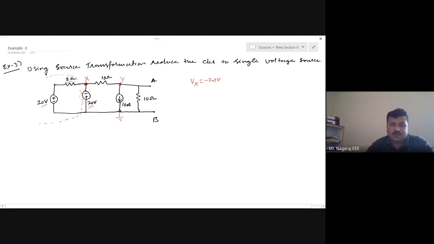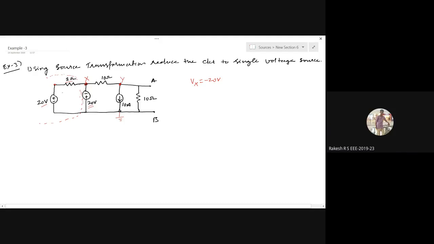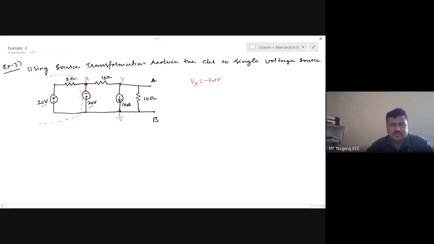Now if I take this 20 volt 2 ohm as a redundant branch and take it out of the circuit, after doing that, 20 volts and 10 ohms will come in series. If I neglect 2 ohm and 20 volts, then only 20 volt and 10 ohms will remain in the circuit, and then 20 volts and 10 ohms will come in series. But not now, because I haven't neglected the 20 volt and 2 ohm yet. But is the concept clear? Yes, sir. Why does this 20 volt and 2 ohm have no effect on this X?